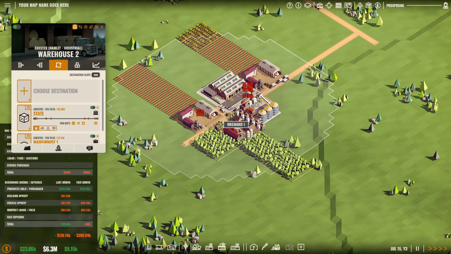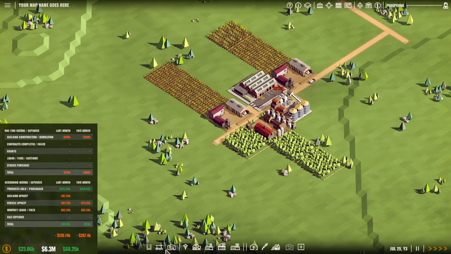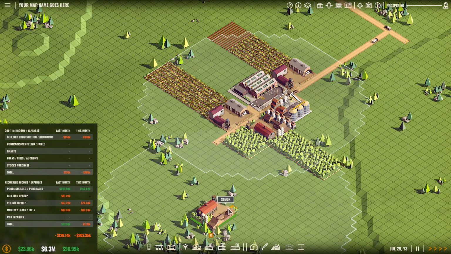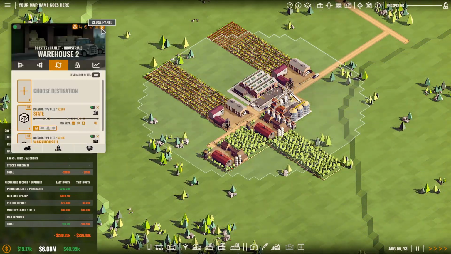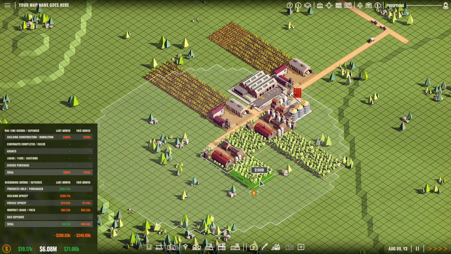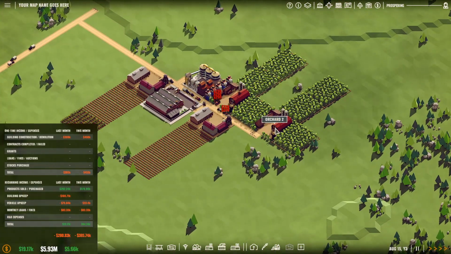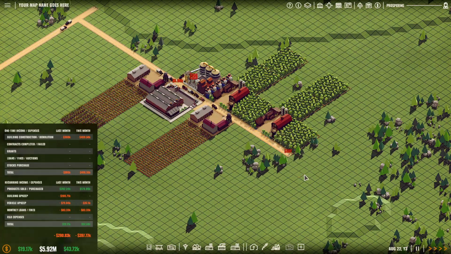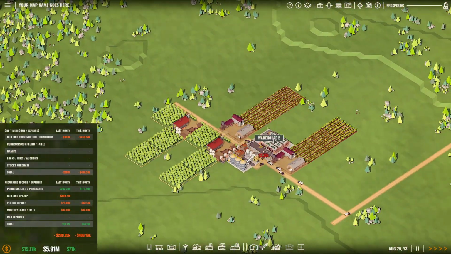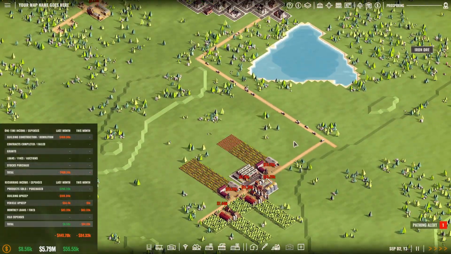Now again, make sure the main building is within the radius of your warehouse, and I can't put anything here because of this, and I don't want to spend any money to flatten that, because we need our money. So if I put one there, that there is within the radius, so that's fine. And again, it doesn't matter where your fields are, they're not going to be in the radius of your warehouse, they're just going to be in the radius of your actual main building. Okay, so that's perfect there. I'm going to put a road. Now that will start producing rubber,